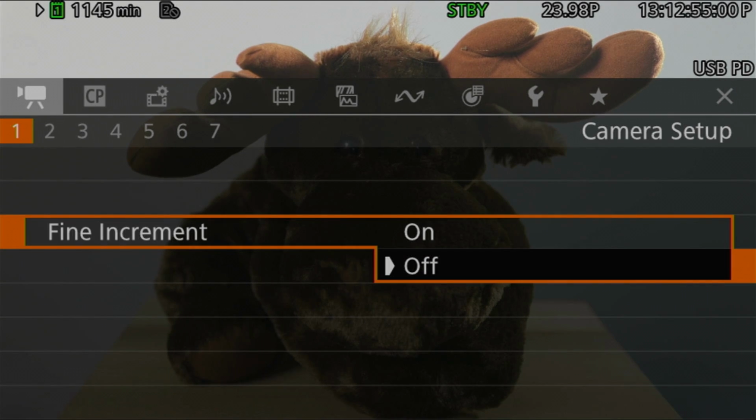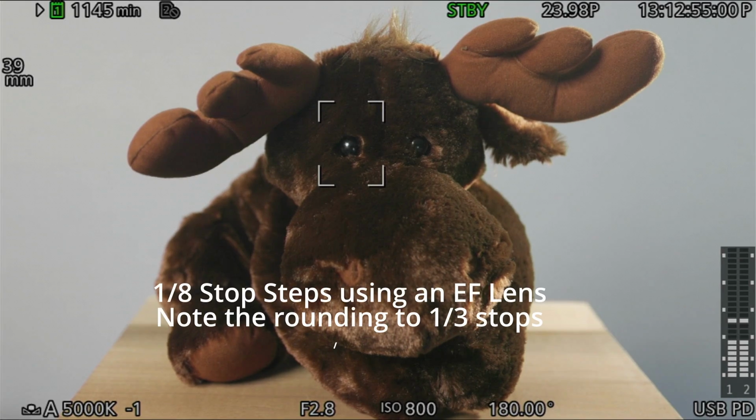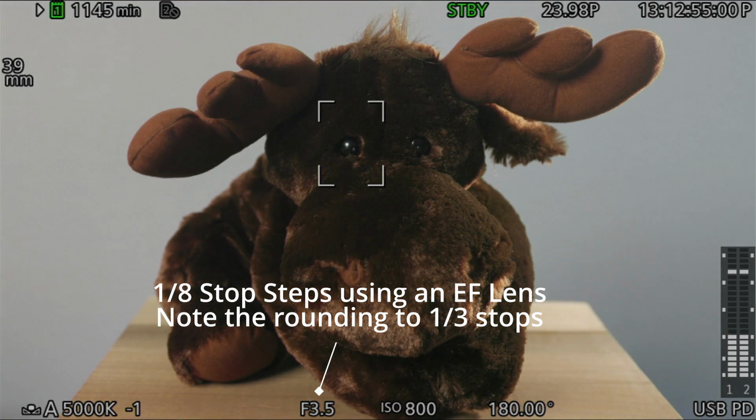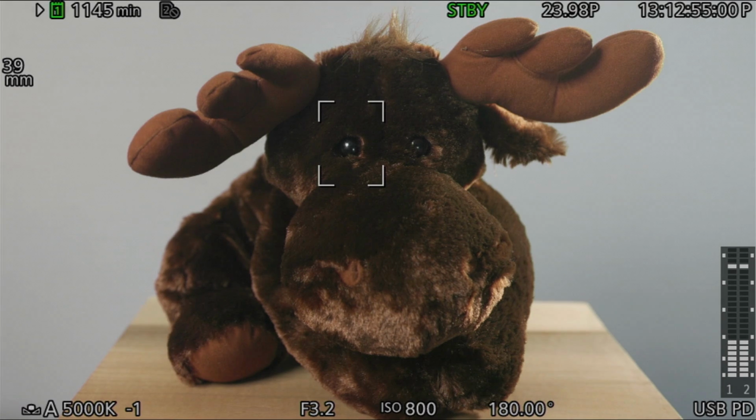That said, when you have fine increments enabled, the camera will use the smallest aperture increment that is available on the attached lens. So in the case of EF lenses, this will be 1/8 stop increments, and in the case of RF lenses, this will be much finer. Now, I keep saying much finer and not really elaborating on that specifically, and that is because of the big